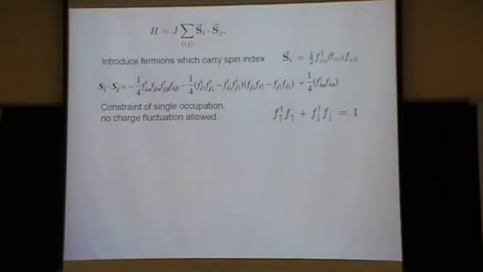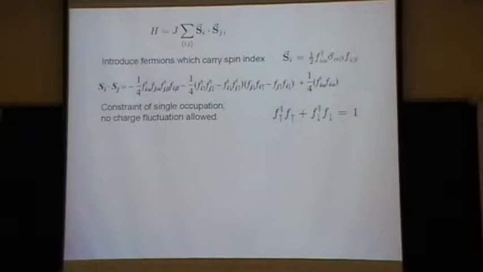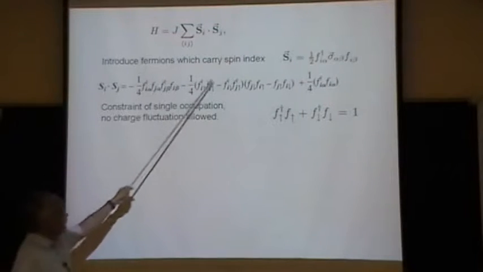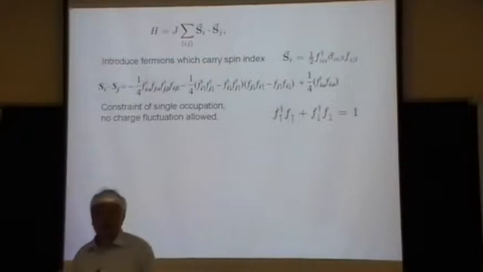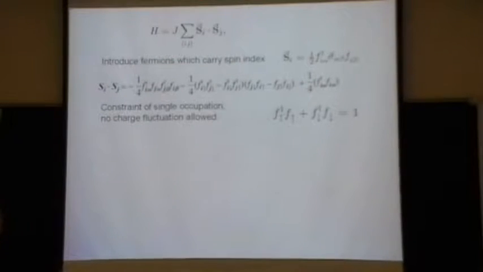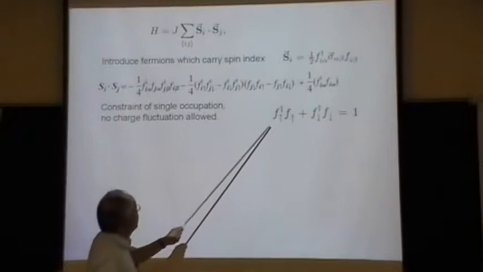So that's the introduction. Now let me begin with a little bit of theory to show you, at least in one approach, how these fancy fermions and gauge fields will show up. Okay. So let's start with the Heisenberg model. The Heisenberg model, and we introduce fictitious fermions, right, to represent the spin operator. Okay. So the fermion carries a spin index, but the very important thing is that